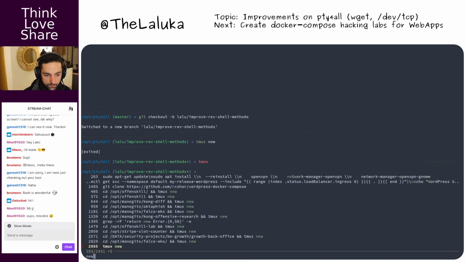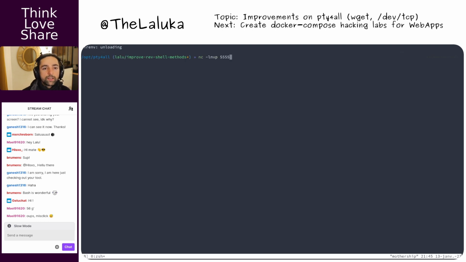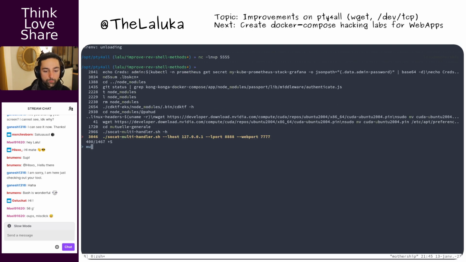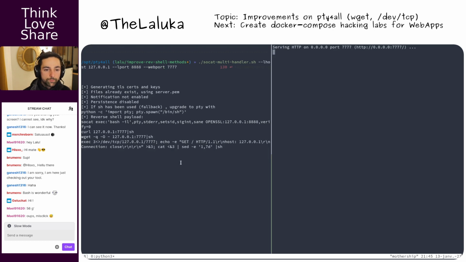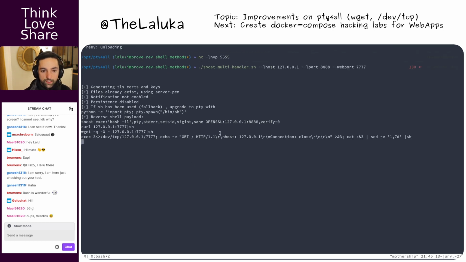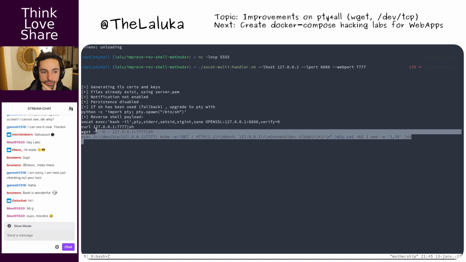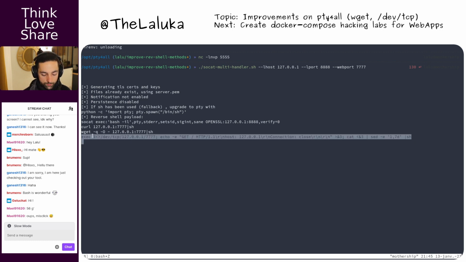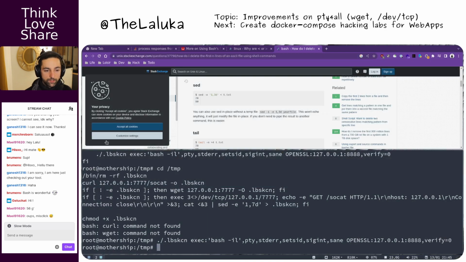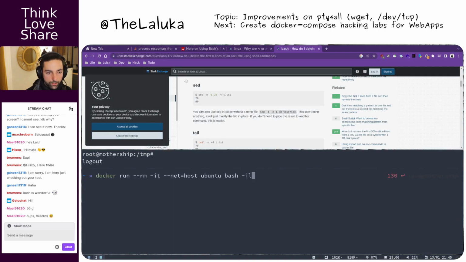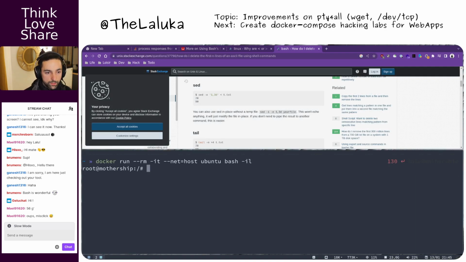Okay, so we go back for the multi and we take that back. And so this one is the one that gets the initial script. And we say that in our Docker, we just do one fresh.